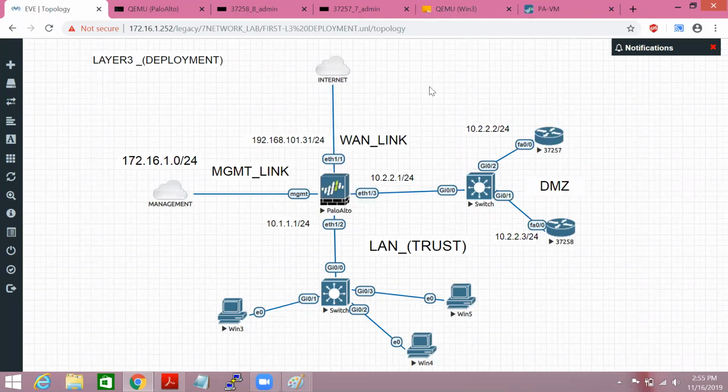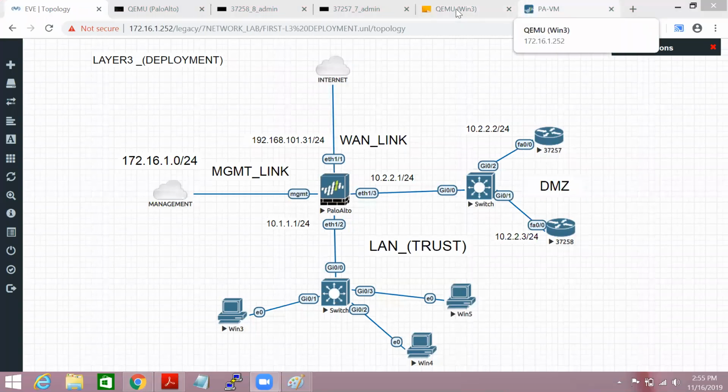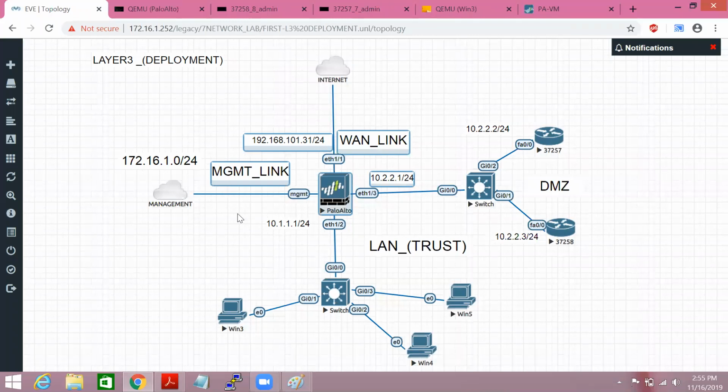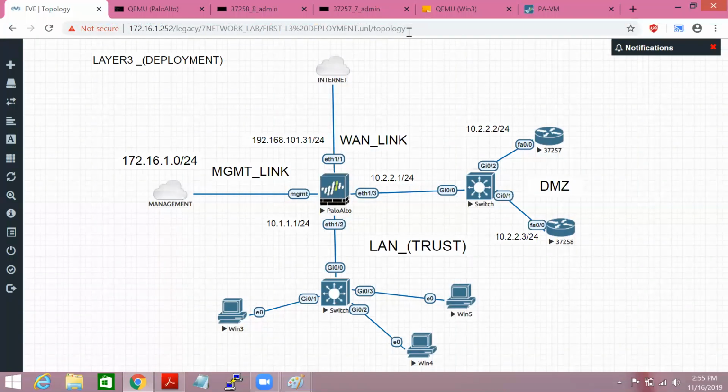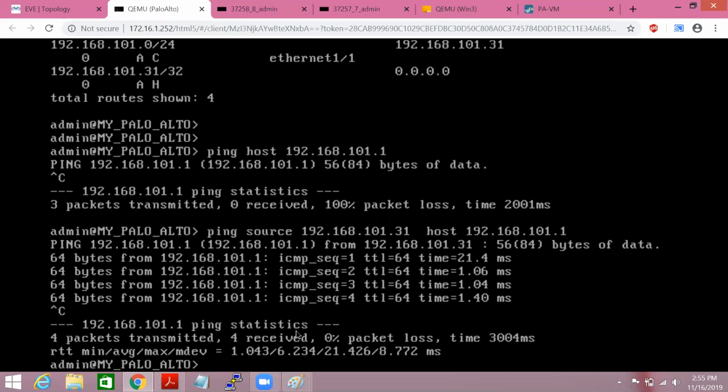So guys, the very next thing: if you want to allow internet, in order to avail internet on your device, you have to set a static default route, which is the basic requirement to configure internet on a firewall.